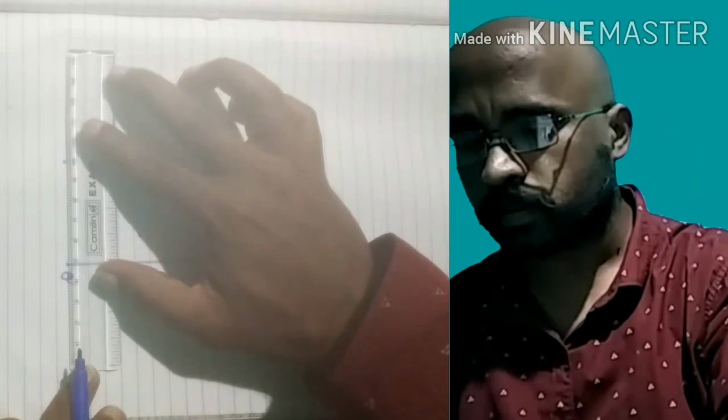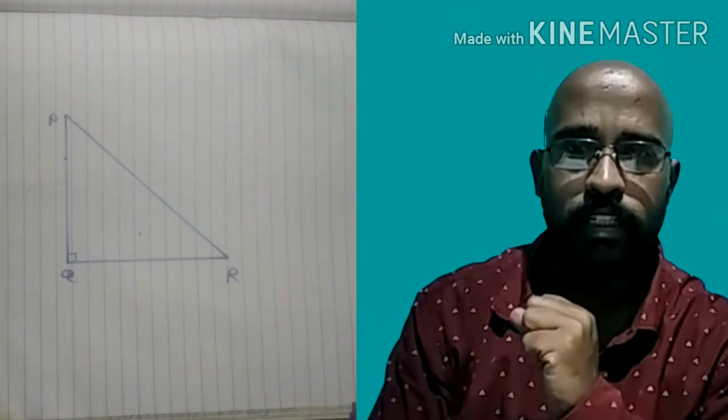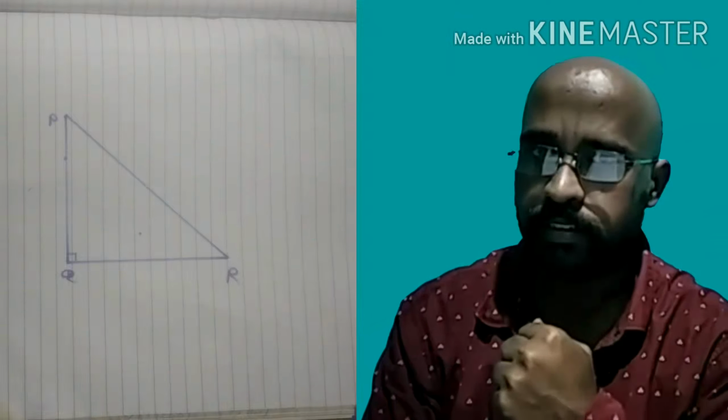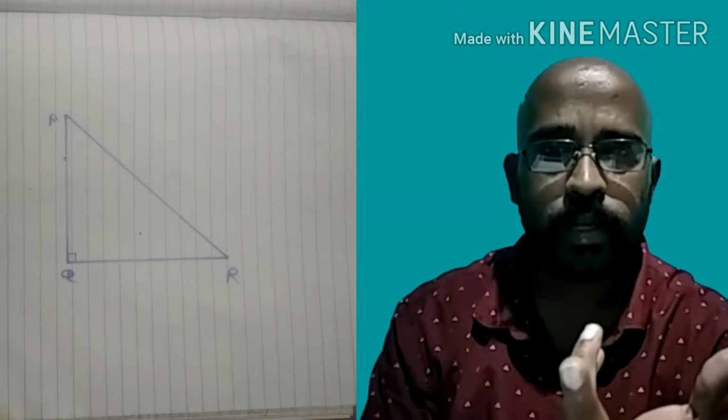Ready now? What do we have to do? Draw the incircle. How do we locate the incenter? We have to draw angle bisectors. Can we bisect an angle? Definitely yes. Let's first bisect this angle Q. Once again same step. Take any random distance in the compass. Draw two arcs on the two arms of angle Q.